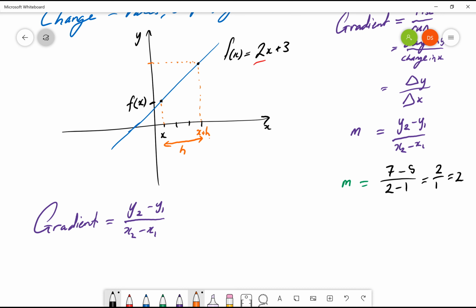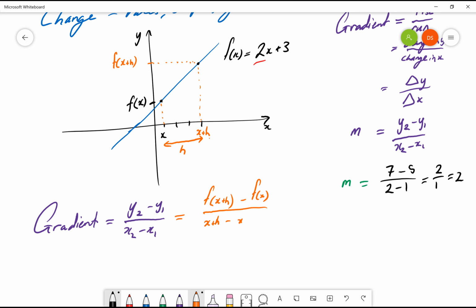So I'm hoping some of you said this is f of x plus h, because it's just the function's value at x plus h, right? And so if I wanted to find the gradient between these two, I could use y2, which is f of x plus h, thank you, Eddie, minus f of x, so that's the change in y, so that's this part here, over x plus h